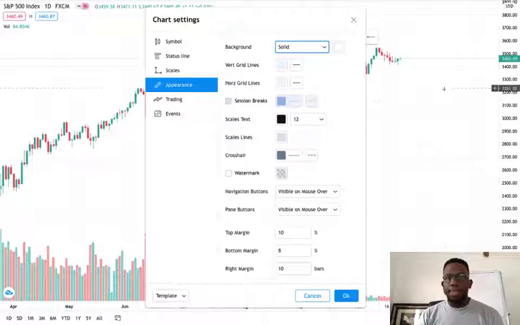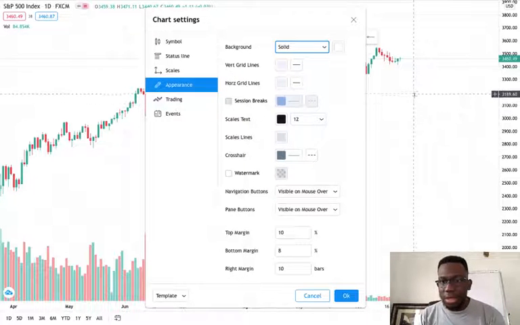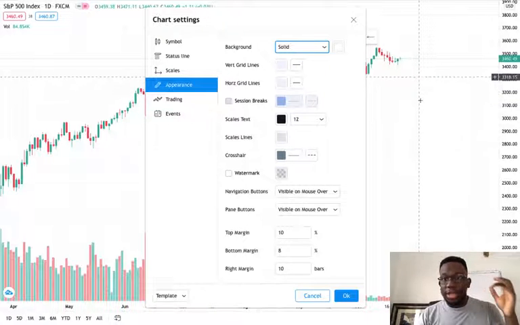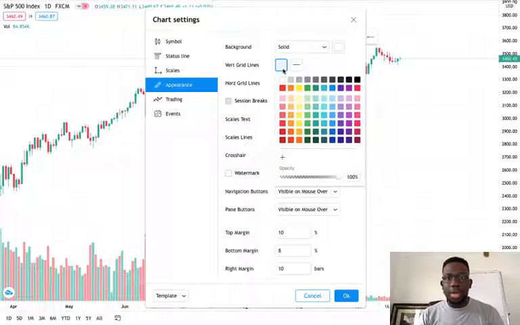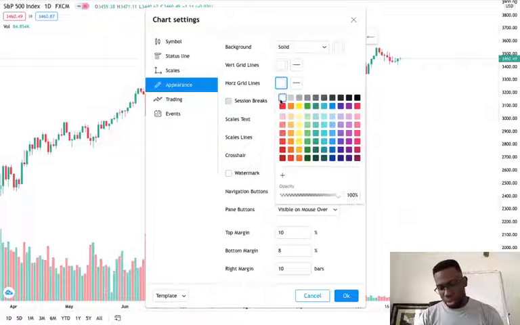In order for us to get rid of these lines that you can see, because these lines are actually gray, as you can see. Vertical lines, we're going to change this to white, so that's the same. You can see background is solid white. So vertical lines, we change it to white. You can see it's only now the horizontal lines that are showing. And then we change this to